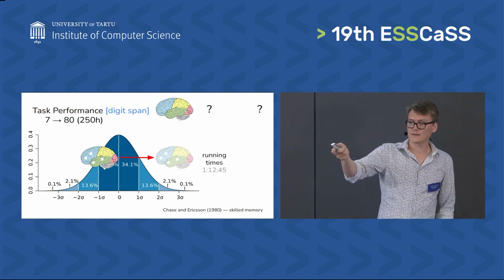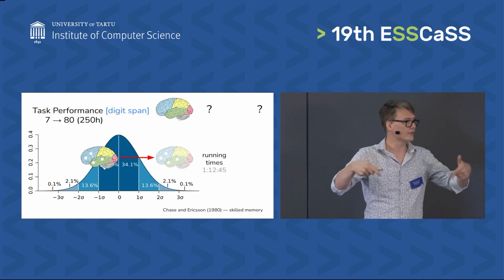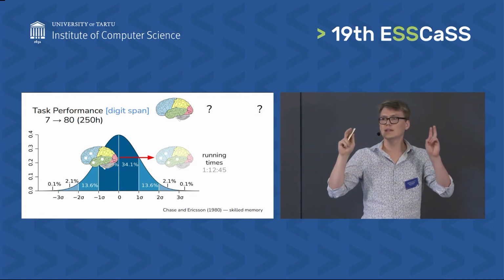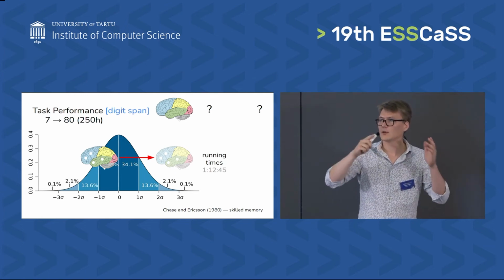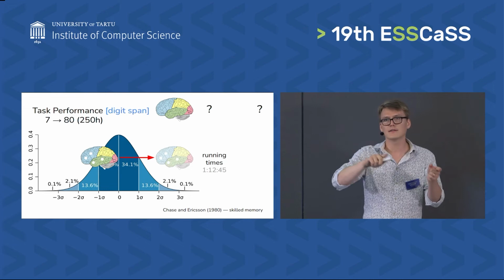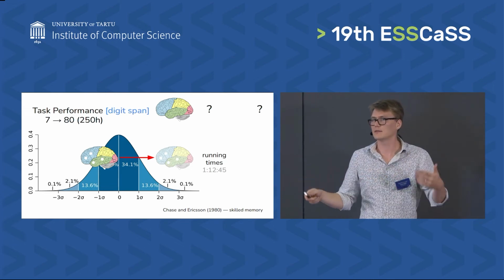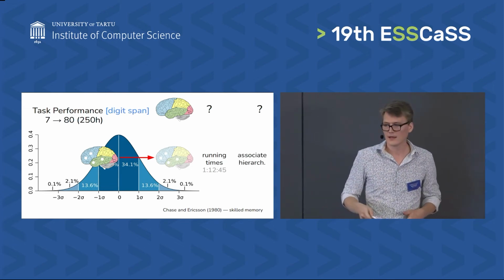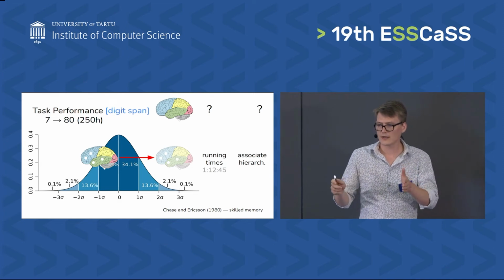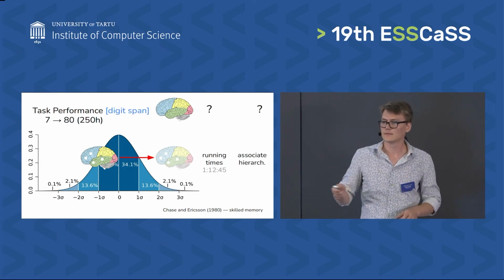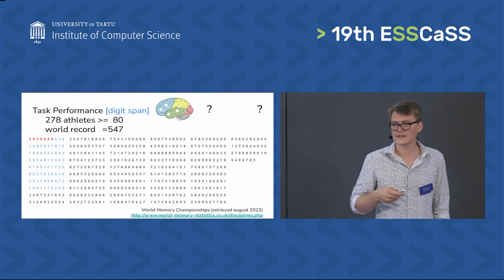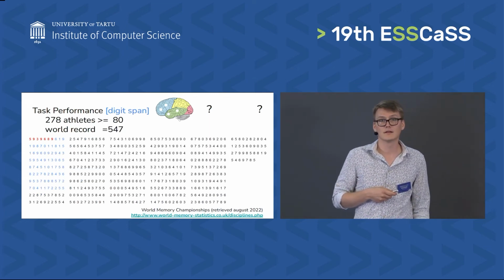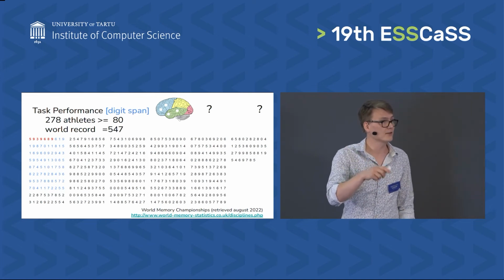And how did he do that? He adopted a new way of representing, or adopted a new data structure, so to say, by not thinking about the numbers just as numbers, but numbers as running times, because he was a runner himself, and associated those running times hierarchically. Yeah? And since then, there have been 278 athletes who have reached a digit span of 80 or above,